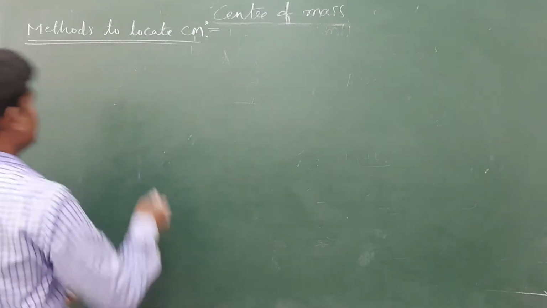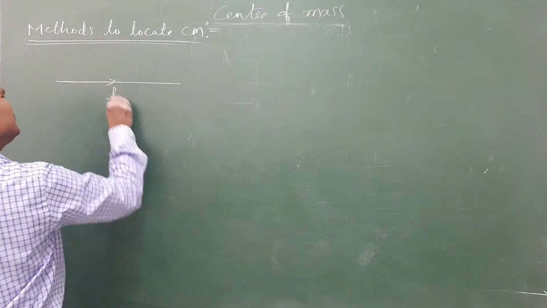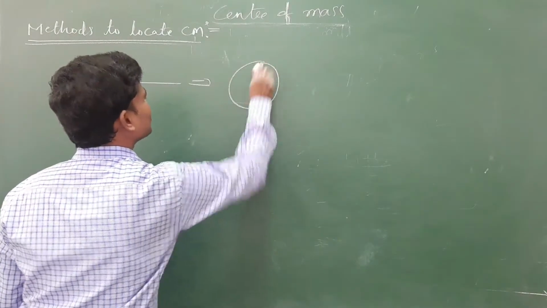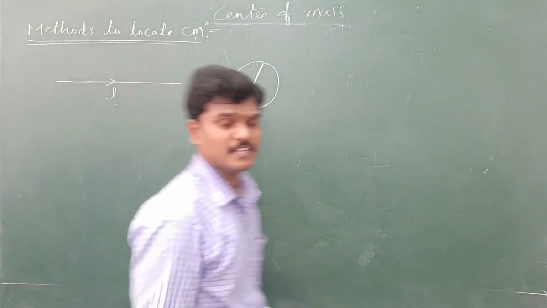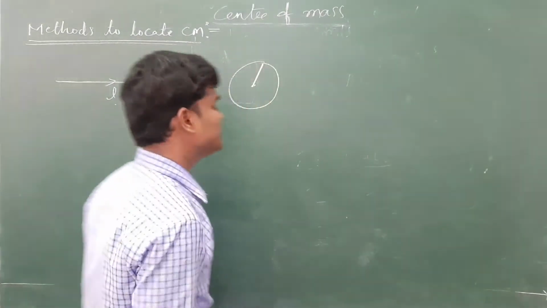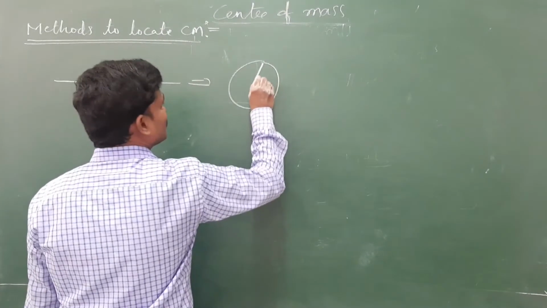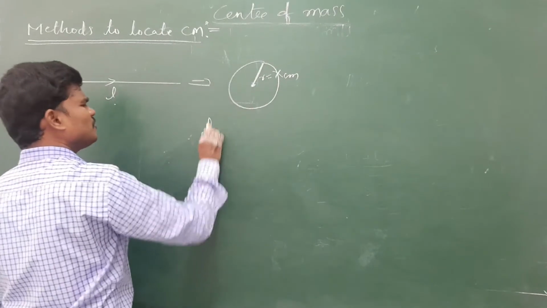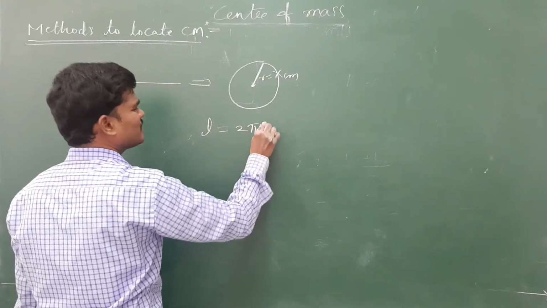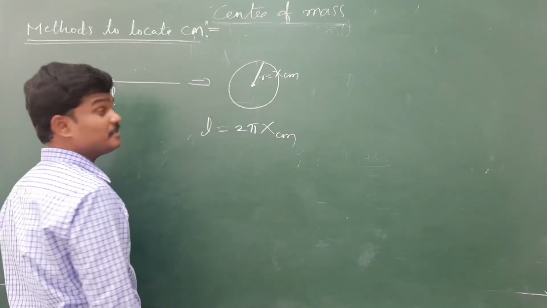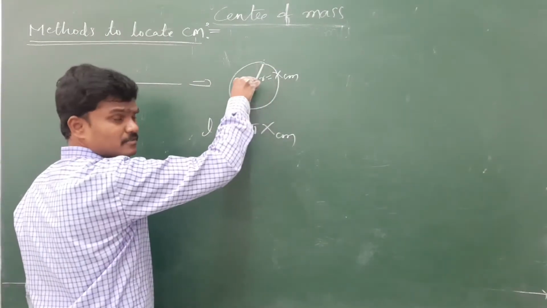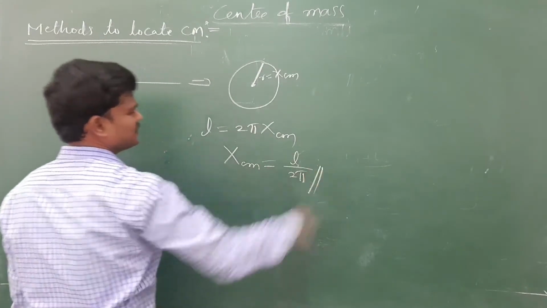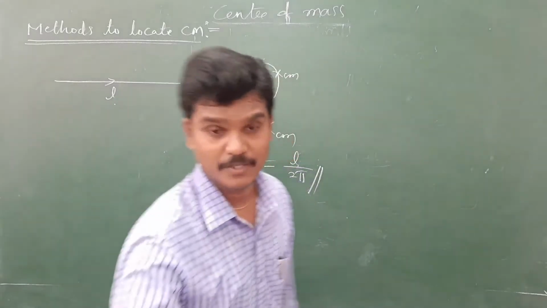So this is very simple. They give a wire whose length is L and this is bent into the form of a circle of radius R. If a wire is bent into the form of a circle of radius R, then there will be a shift in center of mass. The length of the wire we can write as 2 pi R. Center of mass will be shifted to the center. So shift in center of mass, keep in mind, simple question, is L by 2 pi. Okay.